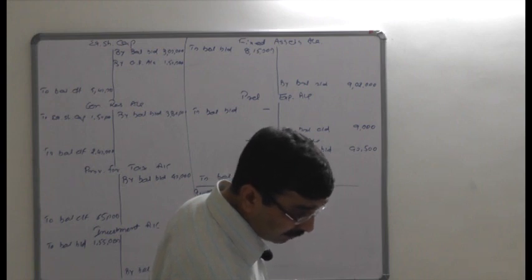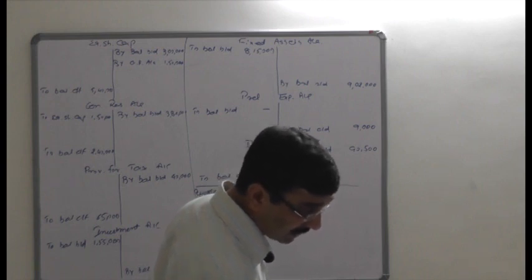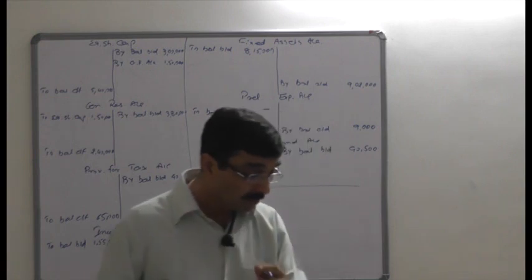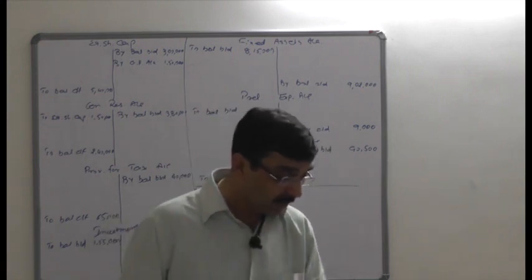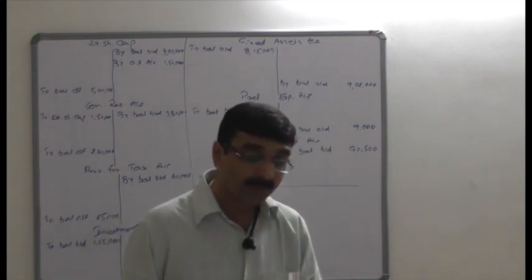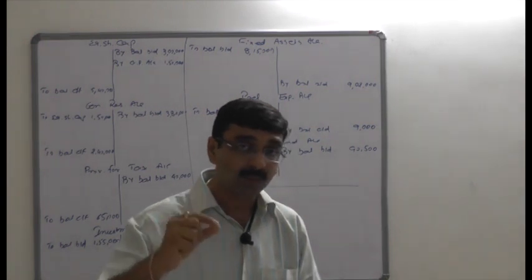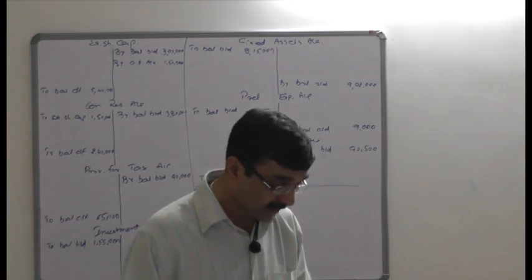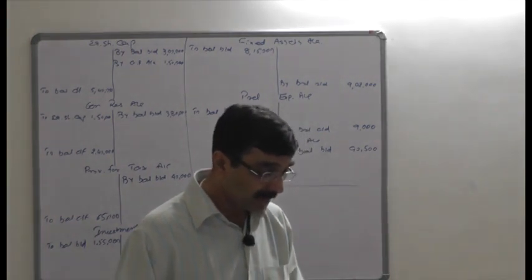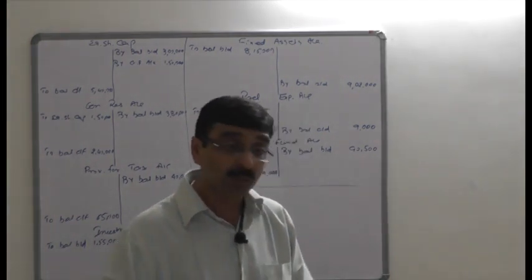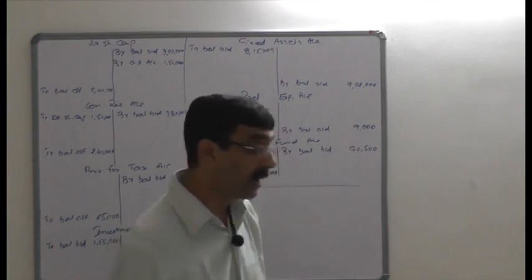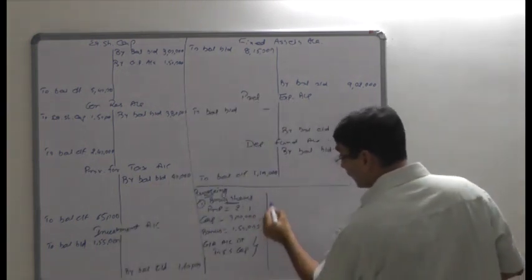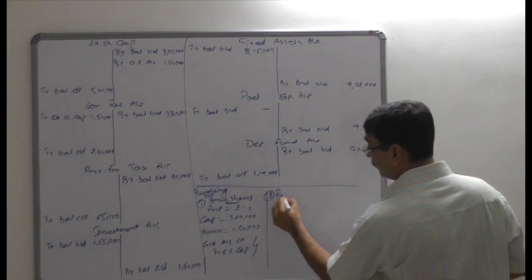Now the very important thing is the second adjustment. The second adjustment is that the company issued rights shares in the ratio of 5:1. That means if company shareholders have 5 shares, they will get 1 rights share. And that rights share is issued after the bonus shares on the increased capital. So now the second adjustment is rights shares,